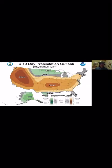This is a 6 to 10 day forecast. The time period for this is February 8th through 12th, so about a week out. And unfortunately, again, showing a below average probability of precipitation. And you can kind of tell that's due to that large area of high pressure, that big dome of high pressure just off to our west. One good thing is we have been on the cool side of this. This has created northwest flow, so we haven't had super warm temperatures, which I think is something good to be said. Wish I had some better news there as far as the forecast goes, but we'll do our snow dance,